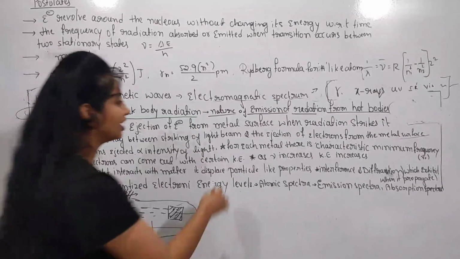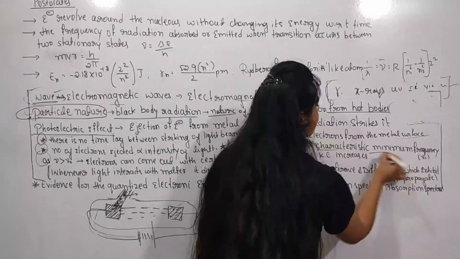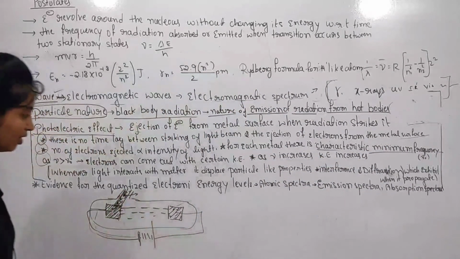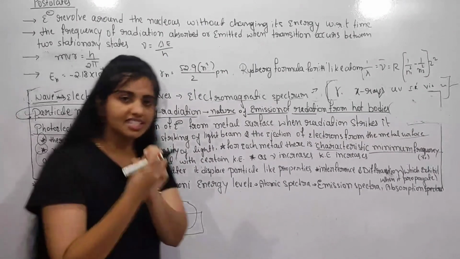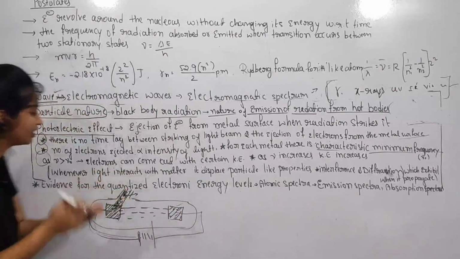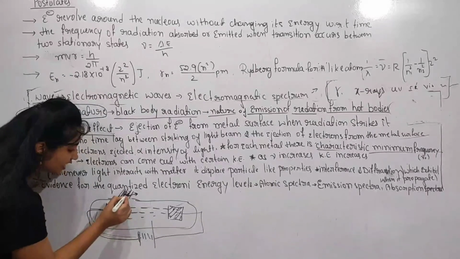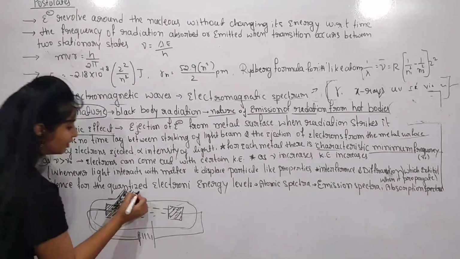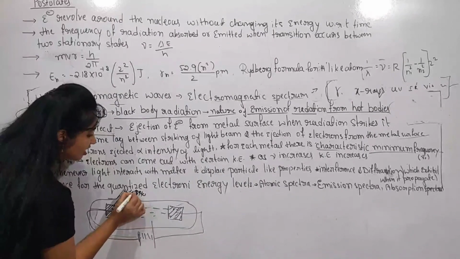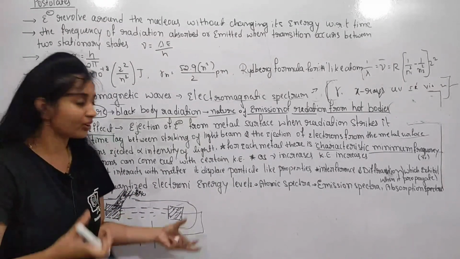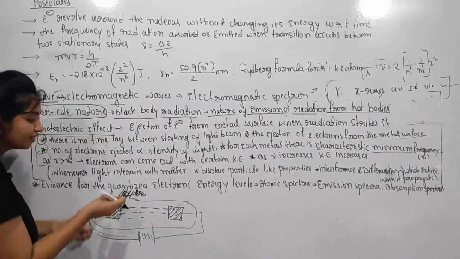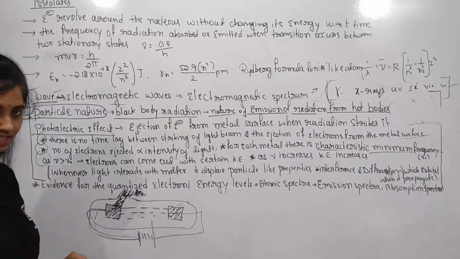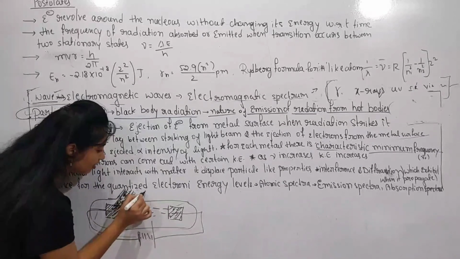And next one, for each metal there is a characteristic minimum frequency that is called a threshold frequency. I already told you there is a certain minimum frequency. We incident the electromagnetic radiation on the surface with a certain frequency. So consider 50 hertz. 50 hertz is a threshold frequency. When your electromagnetic radiation has the frequency 50 hertz, then only the ejection of electrons takes place and the photoelectric effect takes place. If we got 40 hertz,